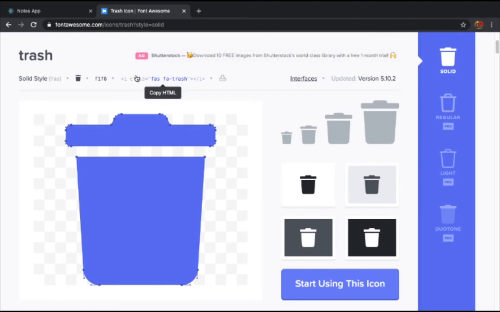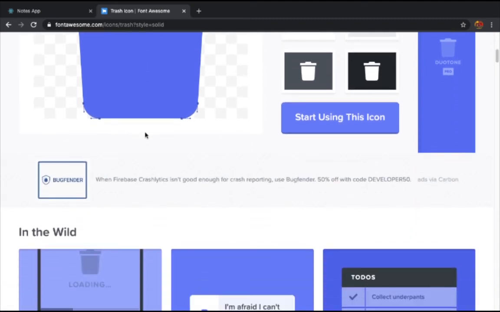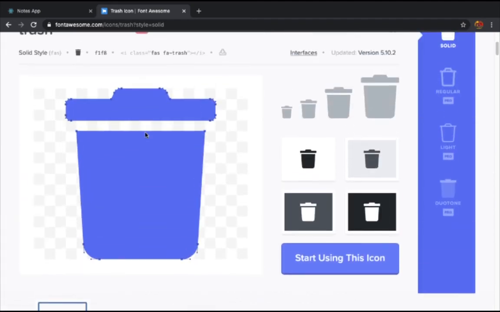And all we need to do is add this class. Now, to start using the icon, you need to either download Font Awesome into your source folder, or you can just take the Font Awesome link, which is a CDN link. I'm going to leave it in the description, and you can just put a link tag like I am going to do right now. So let me take this link that I copied from over here,